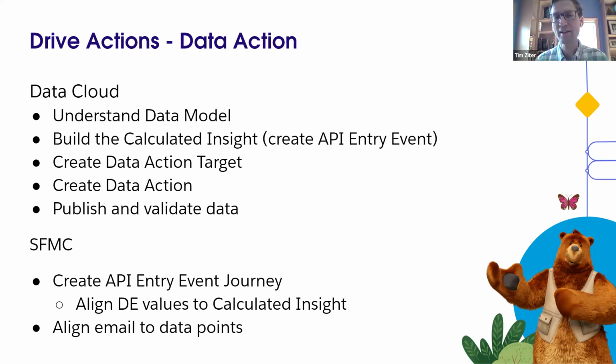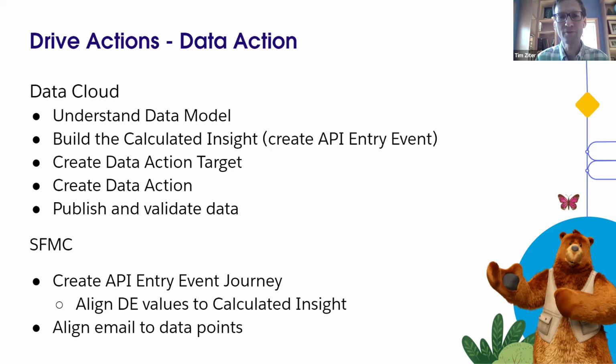And then we're going to build a calculated insight, which is going to create this API entry event data extension to align the data so that we can create a data action target and a data action to publish that data into Marketing Cloud. So in this example, we're going to be firing these right into a journey, but we need to do some data alignment in order to do that. And then we'll be good to see how that data comes through and